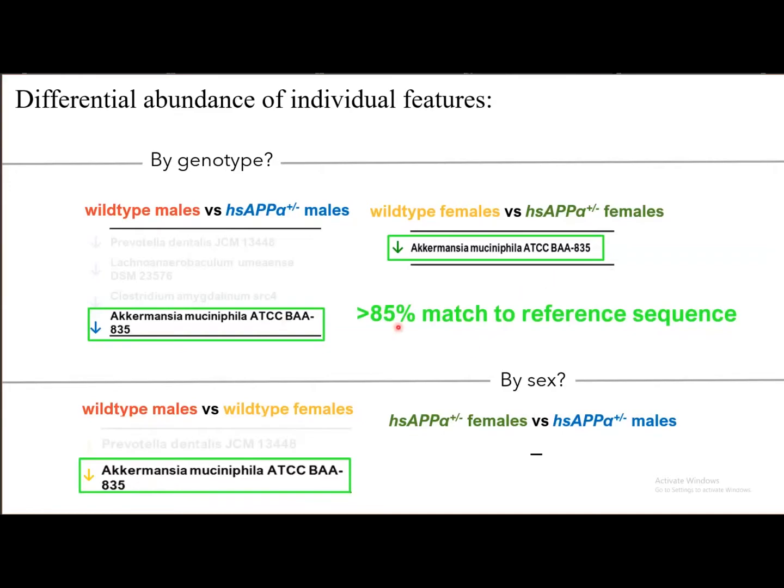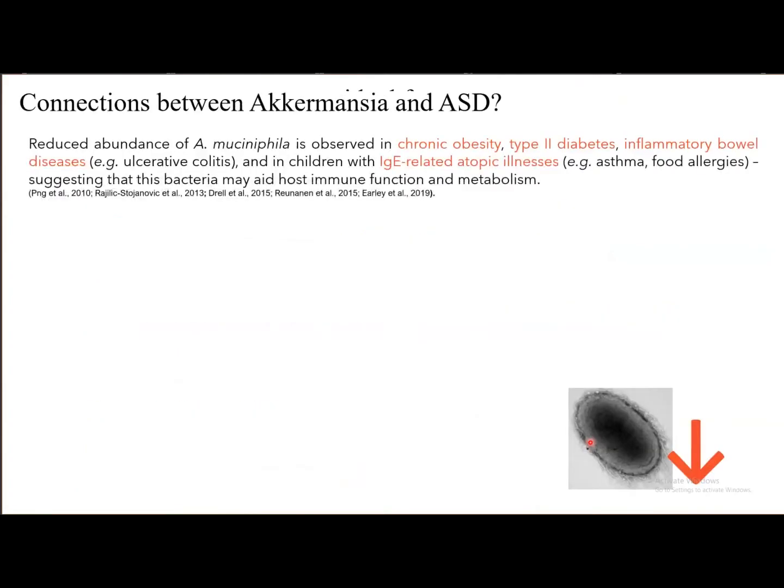So across the board, the transgenic condition is associated with less of this bacteria than the normal condition. And then if I segregated by sex, if I compared control males and control females, we saw less of this bacteria in females in general. But then when I compared the transgenics, there was no difference at all. So there seems to be a sex difference at baseline, which doesn't persist into the transgenic condition, which is weird, but interesting. So I did a bit of research into this particular bacteria, and it turns out that there's a